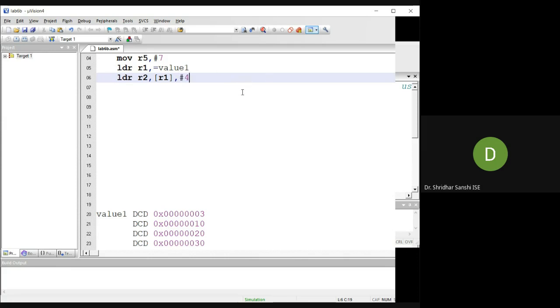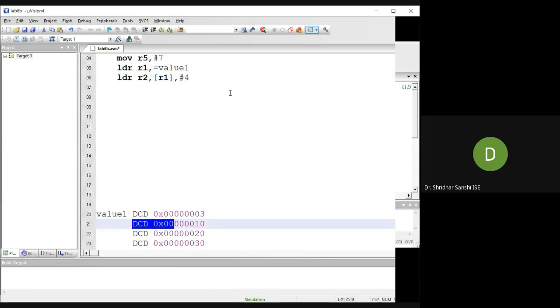So why have we done this? R1 is pointing to the first address, right? Once I store the value to register R2, I need to move to the next value. Since it is a 32-bit size, that's why I am adding 4. If I add 4, the address R1 is pointing to will be updated to the starting address of the next value.